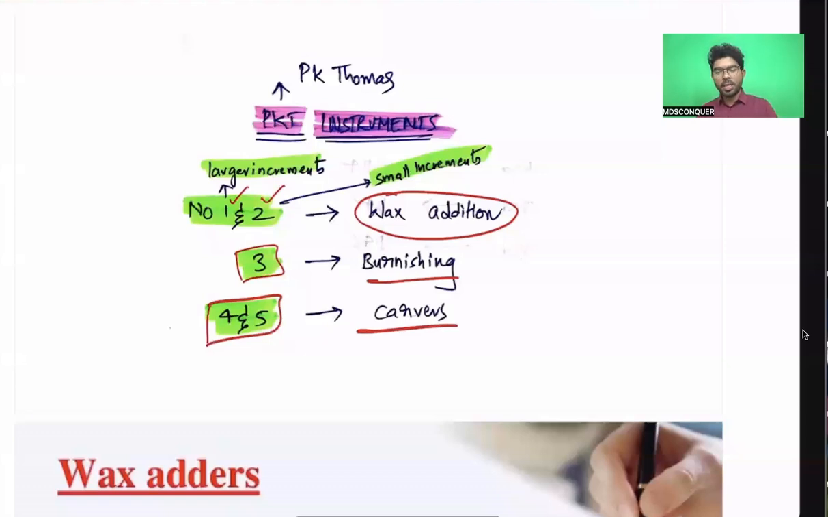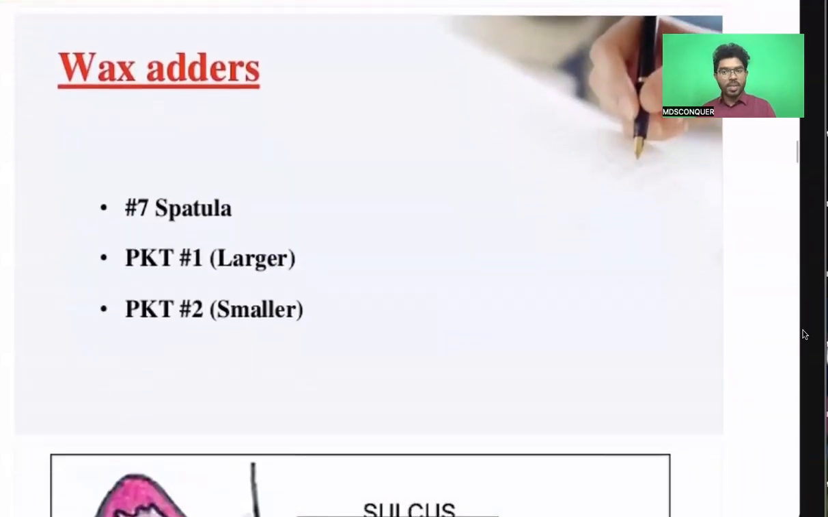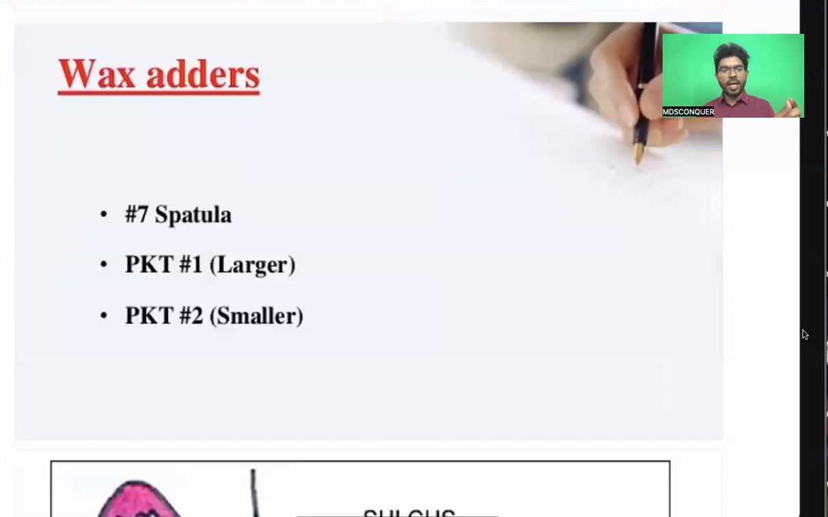Peter K. Thomas. You have 5 instruments. 1 and 2 are useful for wax addition, out of which 1 is larger increment, 2 is smaller increment, 3 is useful for burnishing, and 4 and 5 are useful for carving. So specifically, if they're asking which instruments are basically used for addition of wax, your answer should be 1, 2,